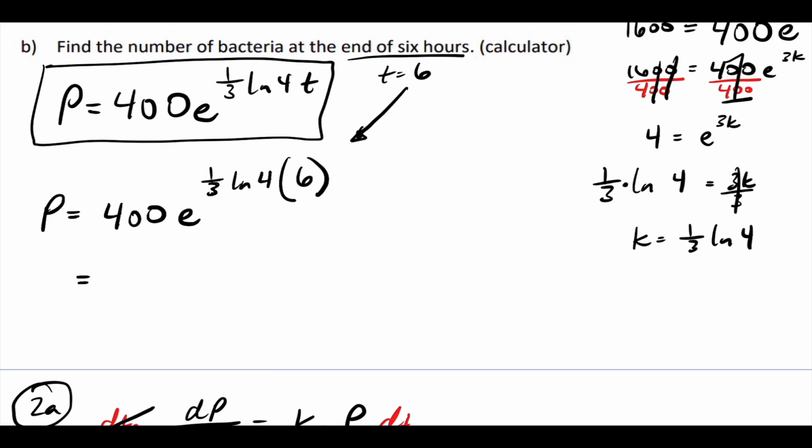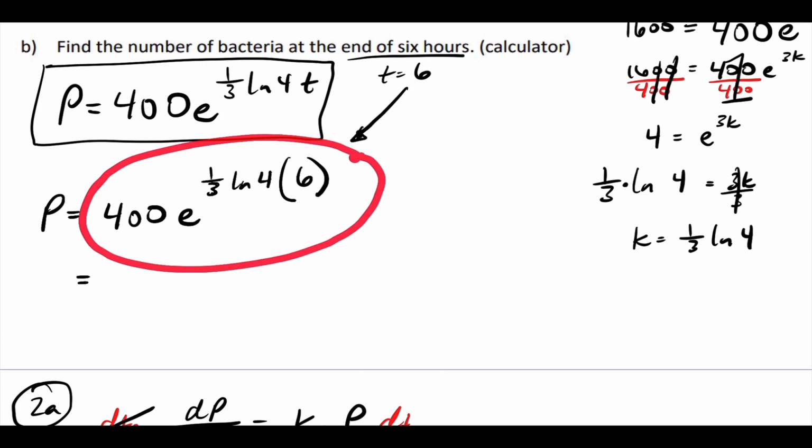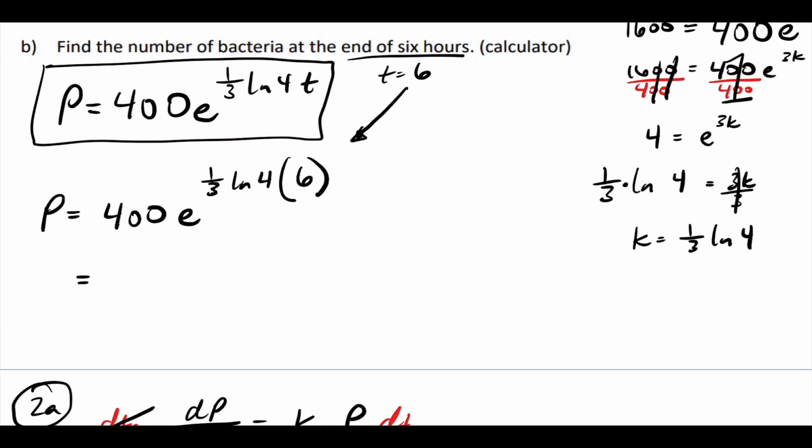So if I'm plugging this in, here's another thing I see a lot. It's not a tip, it's just a mistake I see a lot. I see a lot of students wanting to take the easy way and they plug this whole thing in there at once. The problem with that is your calculator is really good at order of operations. And if you put it in incorrectly, you might think it's correct, but if you put parentheses in the wrong spot, your calculator